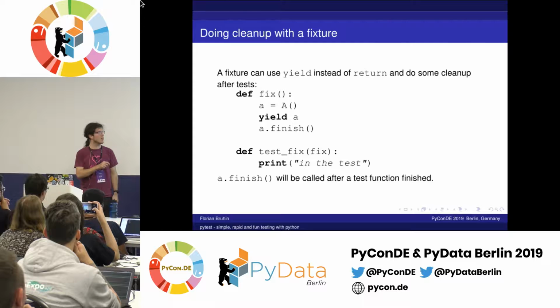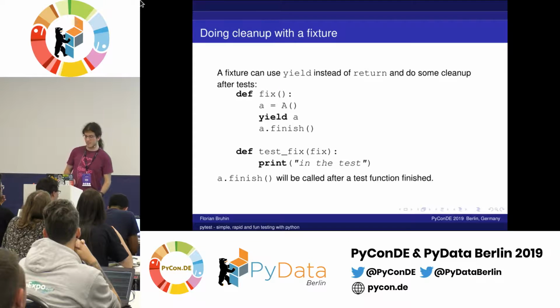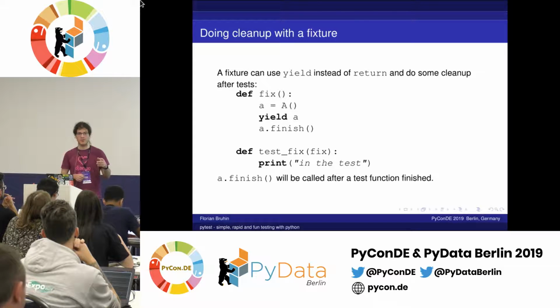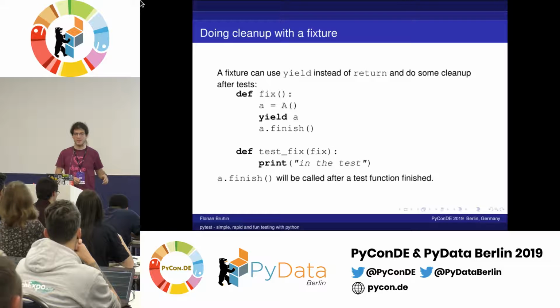So the setup here at the top runs before the test. Then here, where the yield statement is, the test runs, and anything after the yield statement is tear down, which runs after the test. It depends on the fixture scope. If you have a scope function, for example, where the value is regenerated for every test, then the teardown also runs after every test.